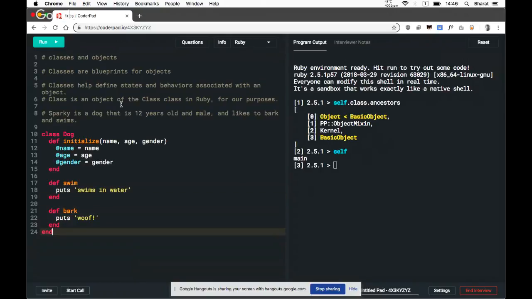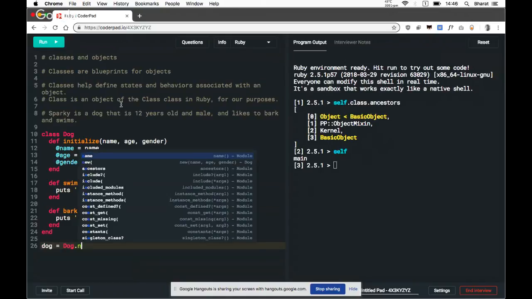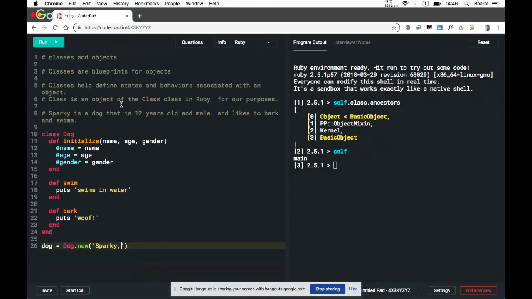Now, we have this class called Dog, and we can instantiate it using the constructor method initialize, and create a new object with certain characteristics, like let's say Sparky, age 12, gender. I'm just going to go for a symbol here, because we have not that many options for gender, so it's okay to go with a symbol.